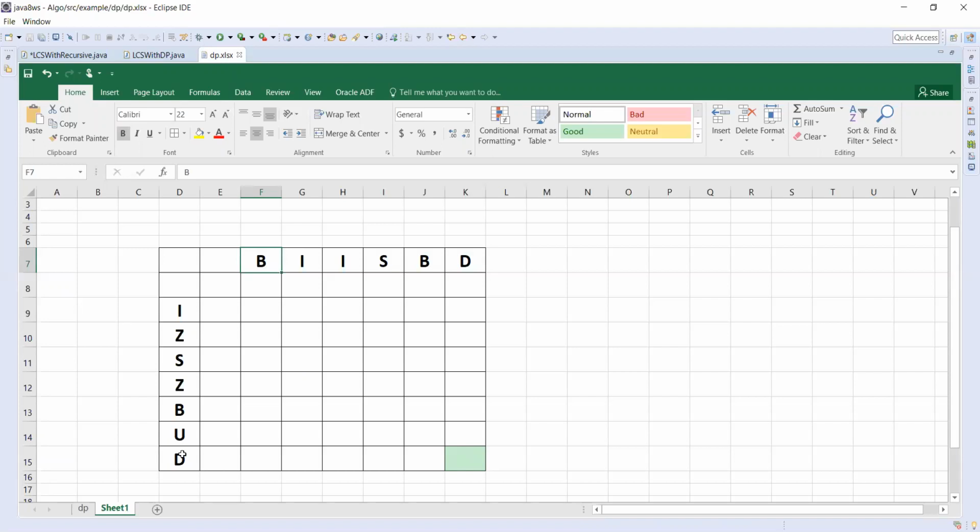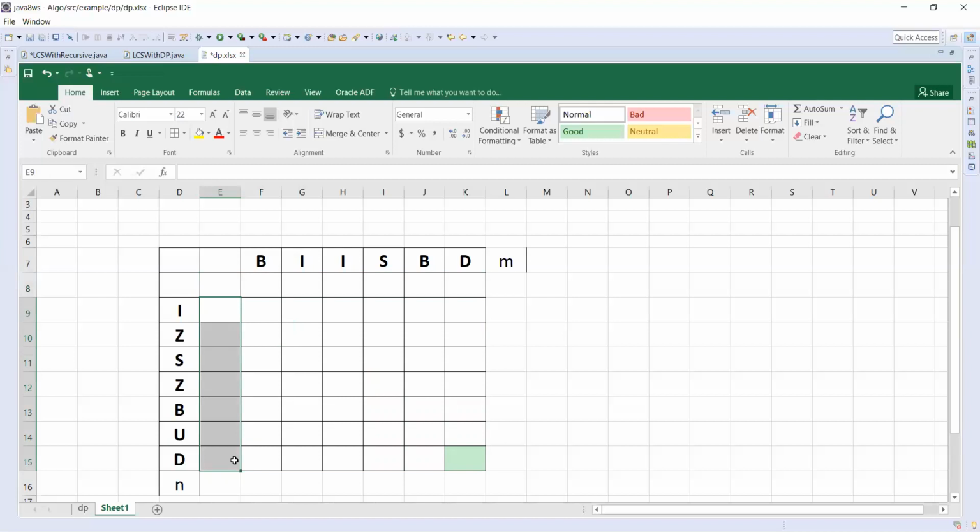Say this is length M and this is length N. We need a table which can store m plus 1 by n plus 1, because we have an empty row and an empty column here.